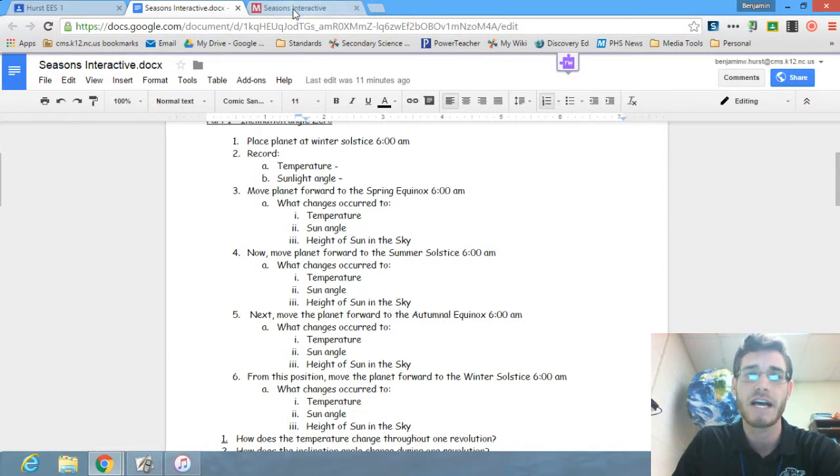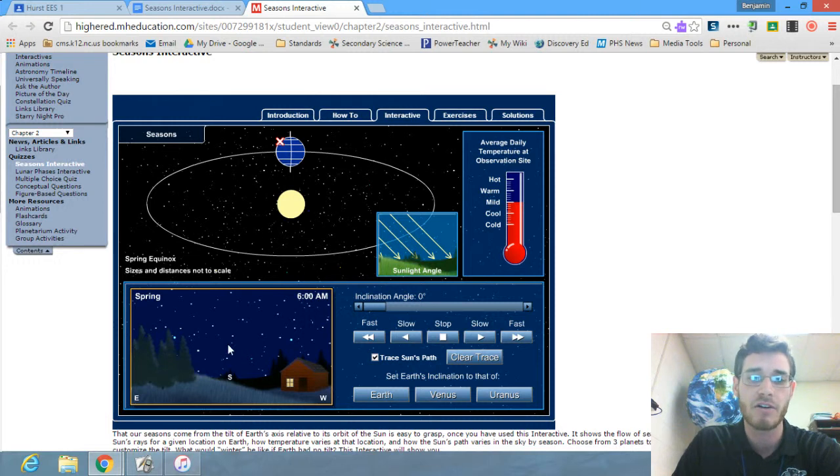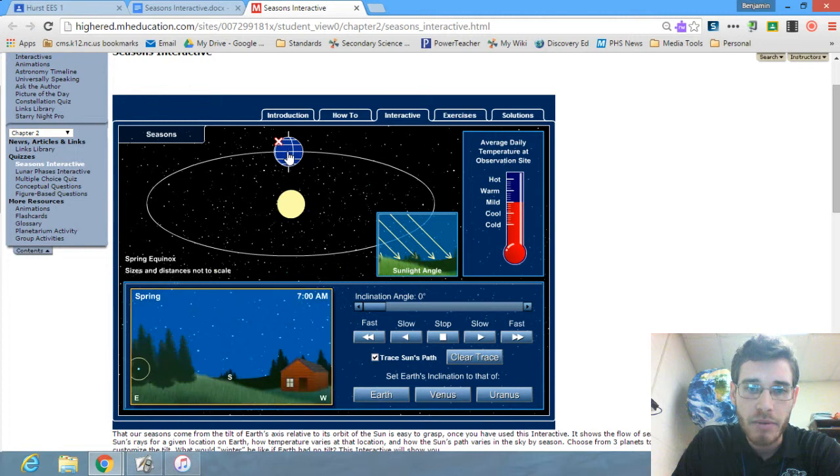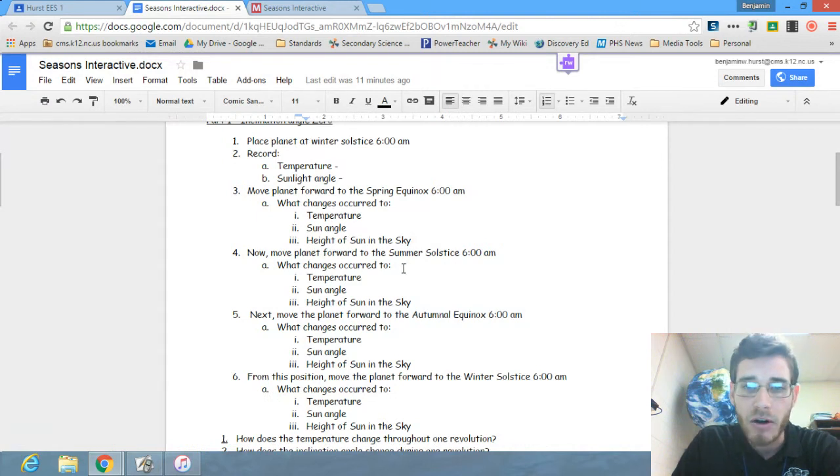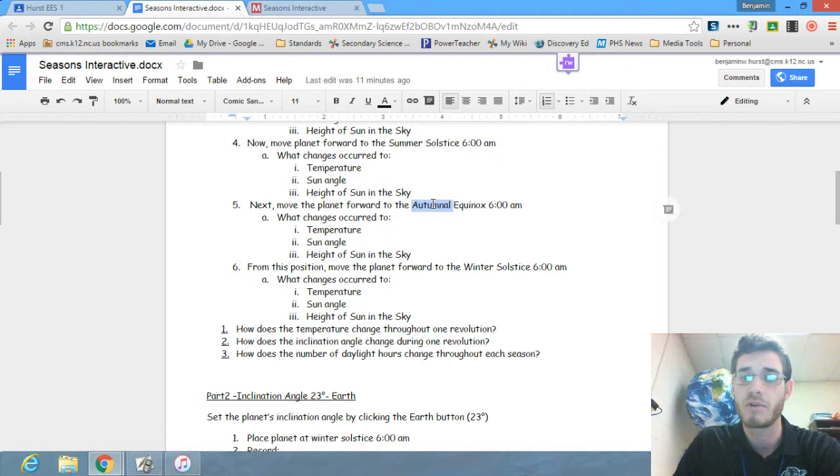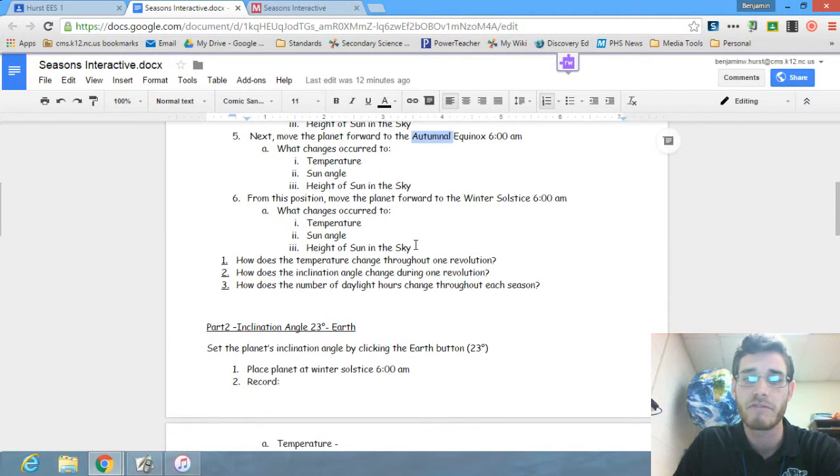The height of the sun in the sky is where the sun is on your image down here. So if I just go forward 1 hour maybe, there we go, you'll see the sun is very low in the sky. So you can use general terms for that. I would just say low. If the sun's a little higher, I'd say medium height. If it was really high in the sky, I'd say very high in the sky. There we go. All right, now you move towards summer solstice, then you'll eventually move towards the autumnal equinox. You'll see those words pop up on the simulator. You should be able to find those no problem.